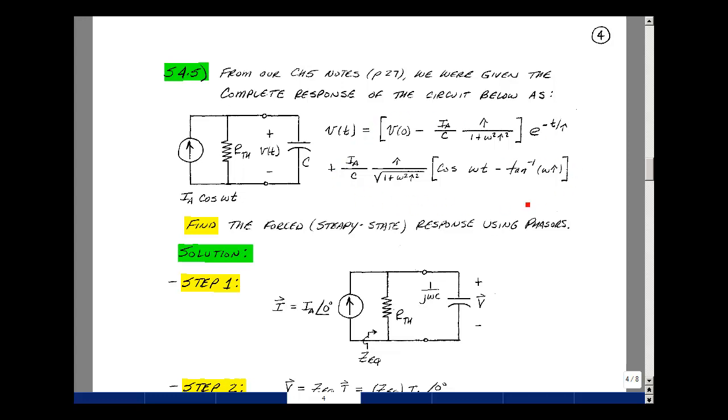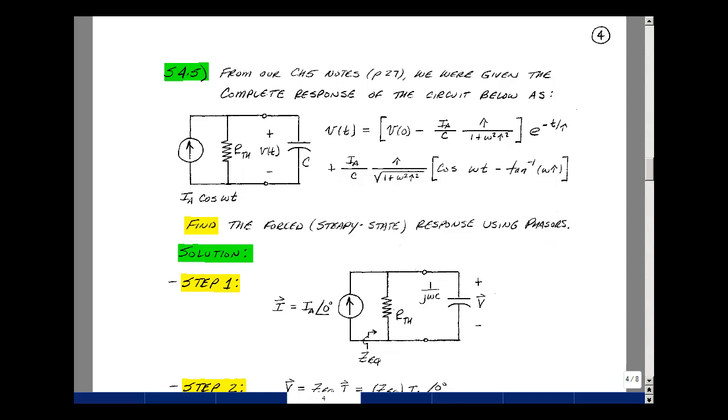This was actually a two-page derivation. I didn't show all the work, but it is quite tedious to be able to solve for the complete response. But in most cases, all we care about is the steady state response. And we have a technique for doing this in Chapter 4. So let's find the steady state response, which is also called the forced response, using our phasors and the phasor